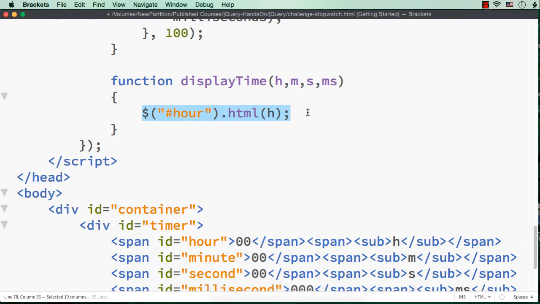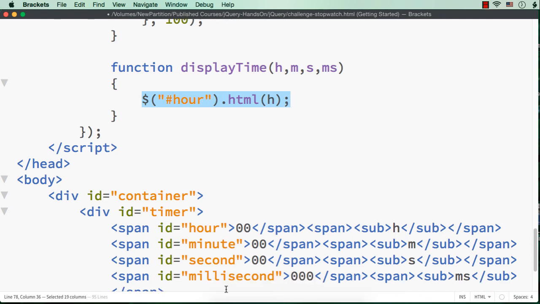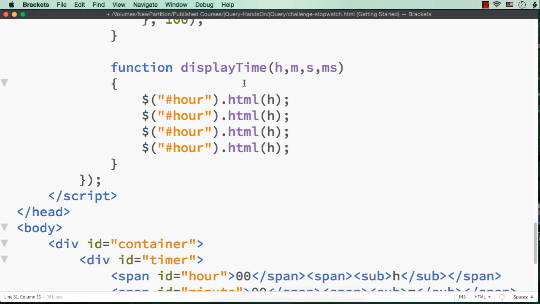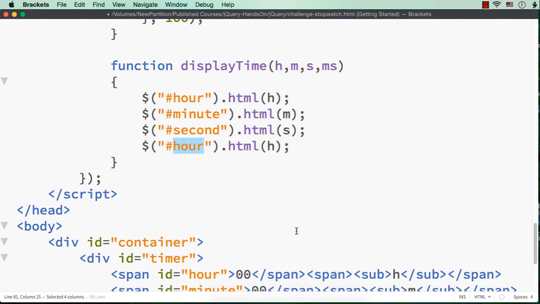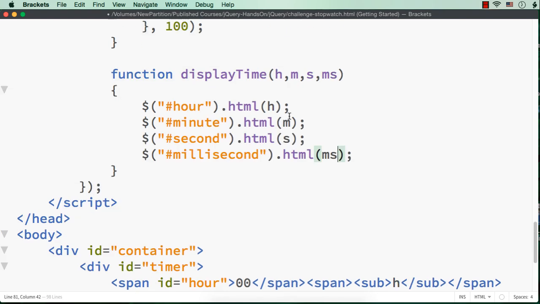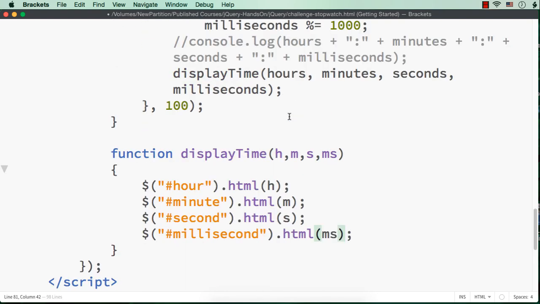Similarly, we need to do this for minute, second and millisecond span elements. So let me copy this, paste it 3 more times and change this to minute and this to m, then second s, and finally millisecond and ms.